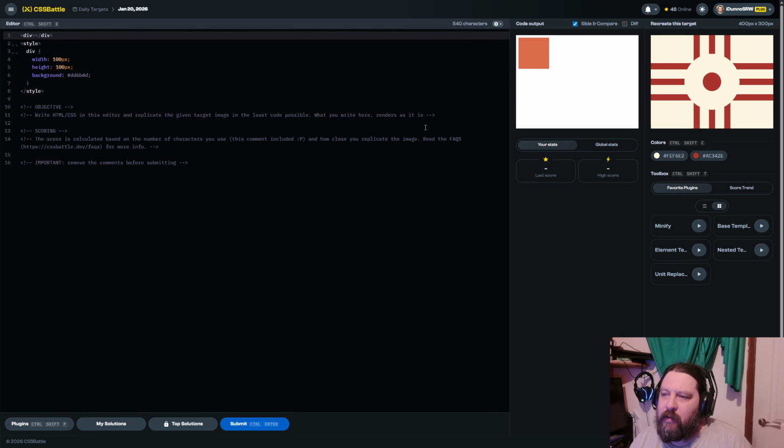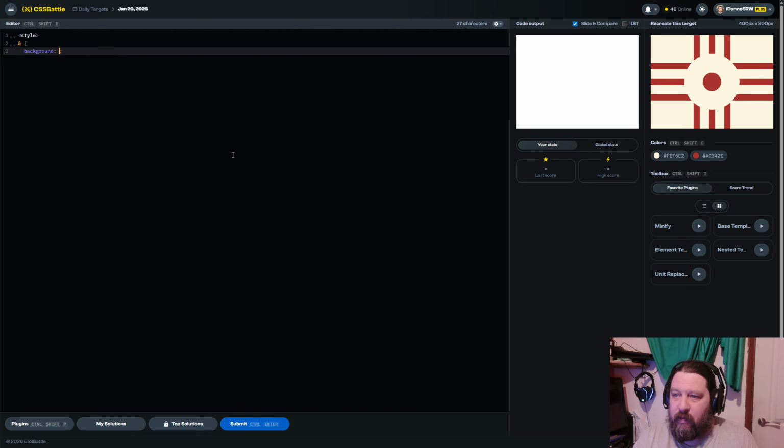I think the easiest way to do this is probably two linear gradients and a radial gradient. So let's start with a linear gradient. This color, red,